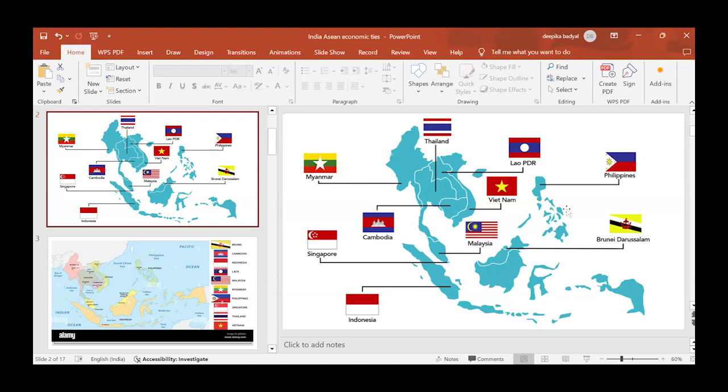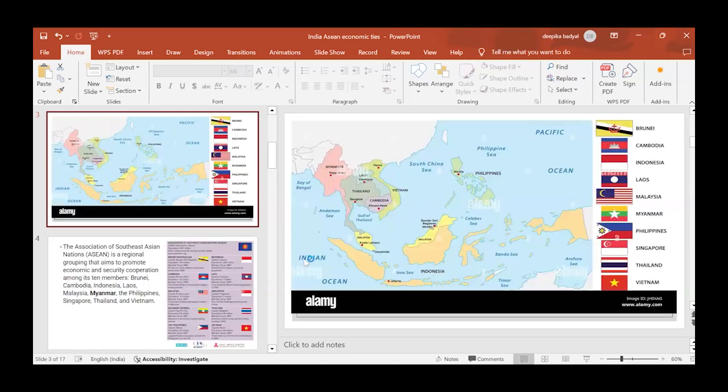So from 1990s, the ASEAN has become a predominant political and economic organization that is focused on the region. Now, the most significant fact about the Southeast Asia is that it lies in the center of the Indian Ocean and the Pacific Ocean. So it lies at the very heart of the Indian Ocean and the Pacific Ocean, and it plays a determining role in the Indo-Pacific region.